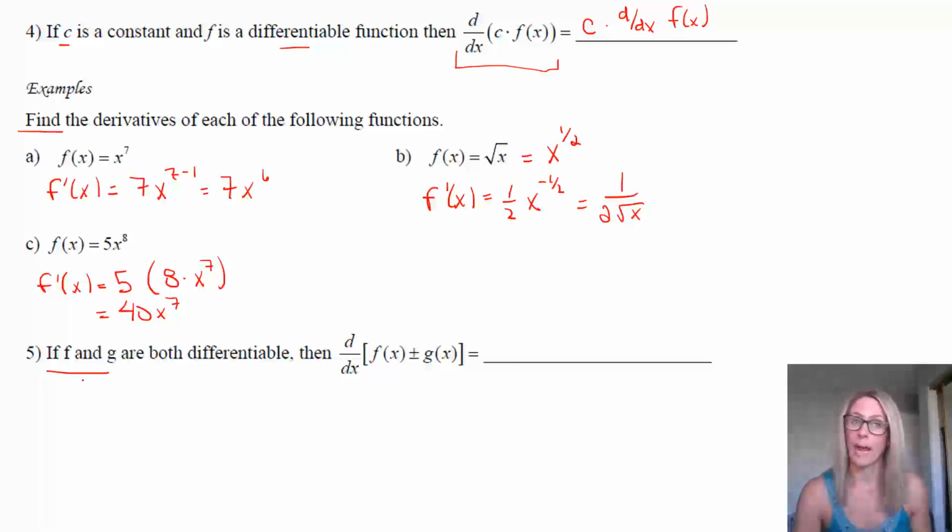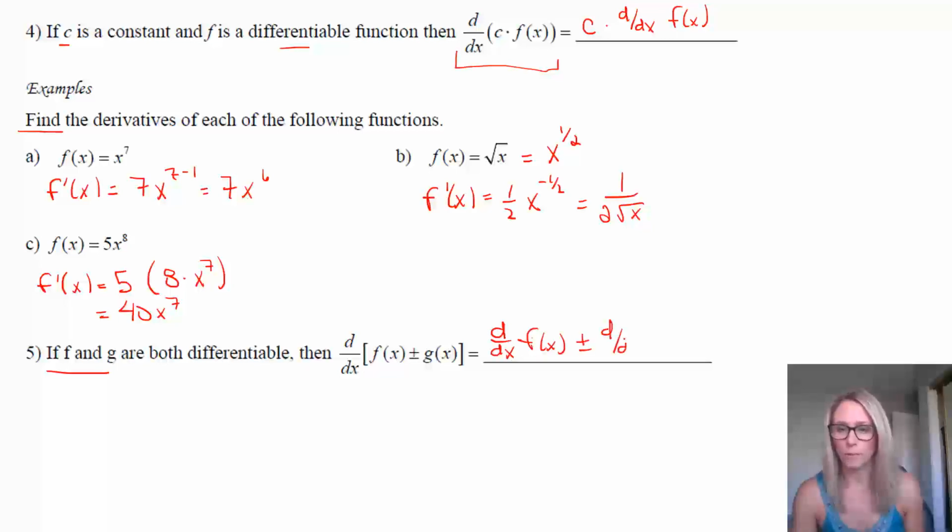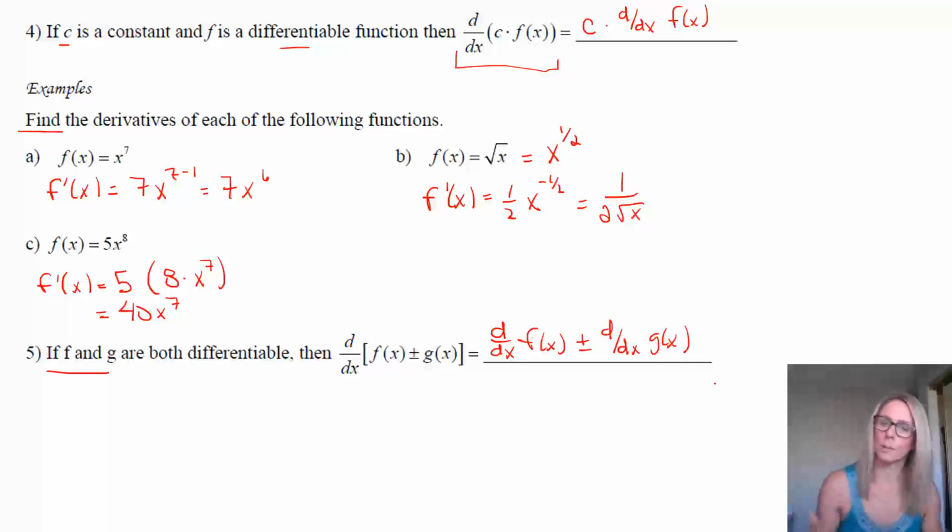So another very handy and popular thing is the fact that if you have two functions f and g and they are both differentiable, then you can take their derivative by simply taking the derivative of each piece. So you can take the derivative of f of x, and then you can add or subtract the derivative of g of x. So not too surprising there, but the point is you can separate them and take each derivative separately. And this allows us to do a lot of stuff,